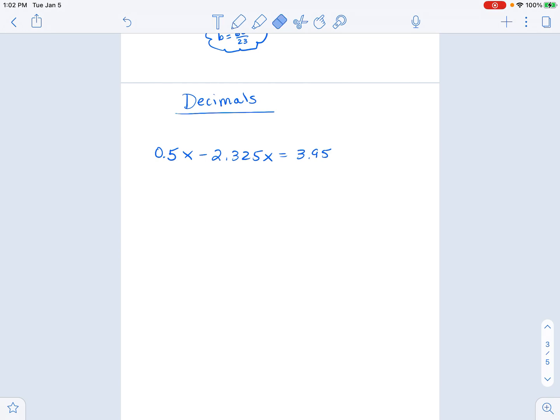Oh, I'm sorry. I just noticed something. I want to get rid of that x there. I don't want that x there. With a calculator, this is not a problem at all. But I'm going to show you a way that you can do this without a calculator to make it a